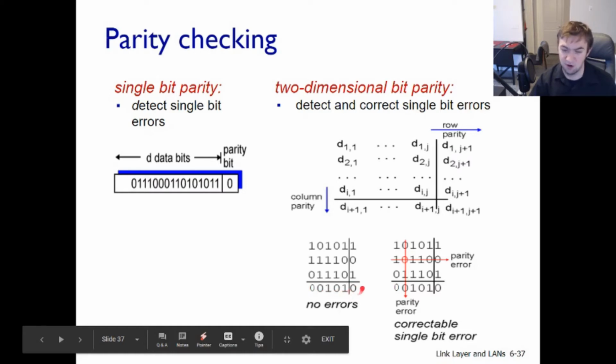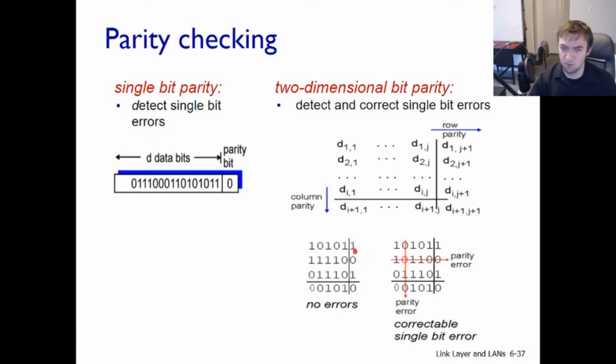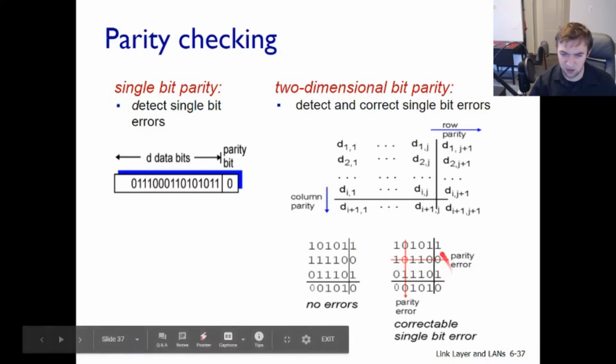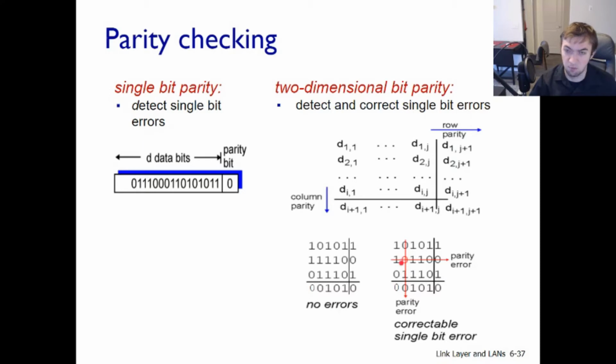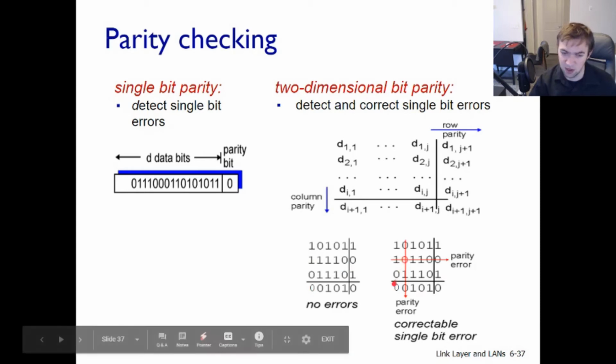And you can also have another parity bit that checks the parity of the rows in total. Now, if we look at this example, we see that this 1 has been changed to a 0. On the left it was a 1, on the right there's an error and it was flipped to a 0. If we have all of these parity bits, we actually can see that,